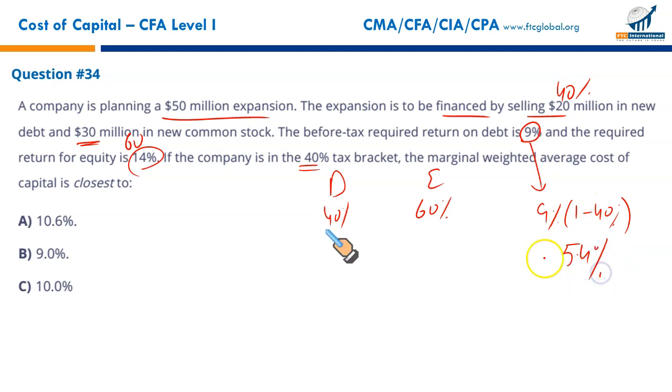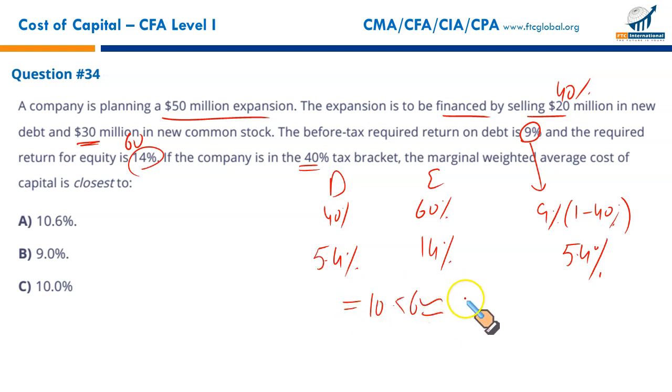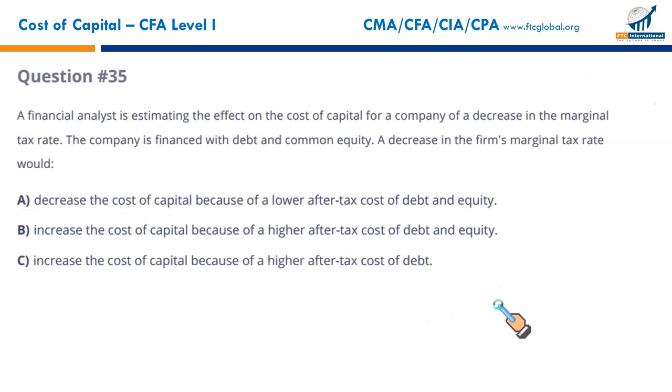5.4% is the after tax cost of debt. Equity will be taken as it is. There is no impact of taxes on the cost of equity. So next step is to calculate weighted average cost of capital. 0.4 times 5.4 plus 0.6 times 14 gives you 10.56, and 10.56 if rounded off gives you 10.6, and that gives you A as the correct option. A it should be. A financial analyst is estimating the effect on the cost of capital for a company for